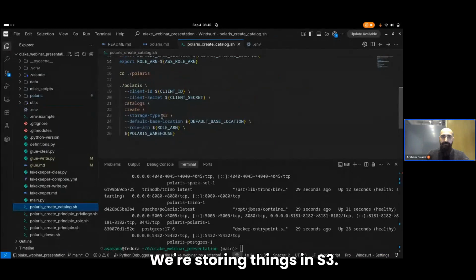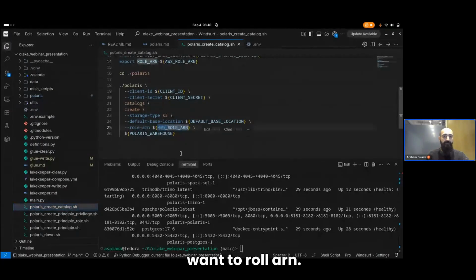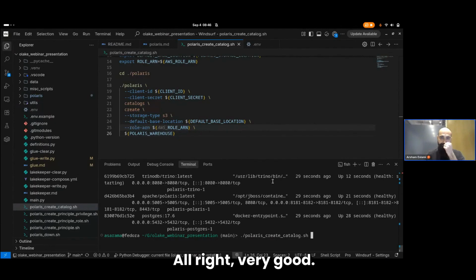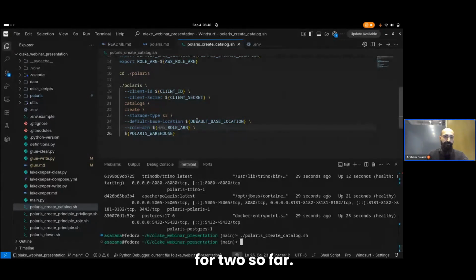I don't think so. We're storing things in S3. We have to give it some default storage location, and Polaris does want a role ARN. It is not playing around. Okay, let's run this. So Polaris, create catalog. All right. Very good. Wow, we're two for two so far. That is great. Okay, so we have our catalog now.